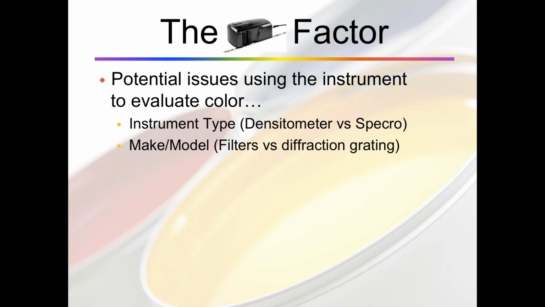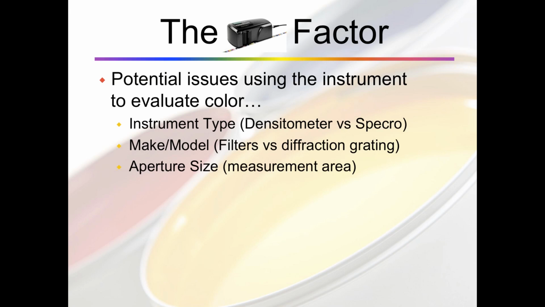It is possible that if you use some instruments that are filter-based and others that are diffraction-based, while both are very reliable, they may measure differently consistently. So you may see that one is consistently one way, the other is consistently another, even though to themselves they're very similar and very consistent. Because of the type of technology they use, it can produce slightly different results. So my best recommendation is for your color measurement, make sure your devices use the same type of technology, be it filter-based or diffraction-based.